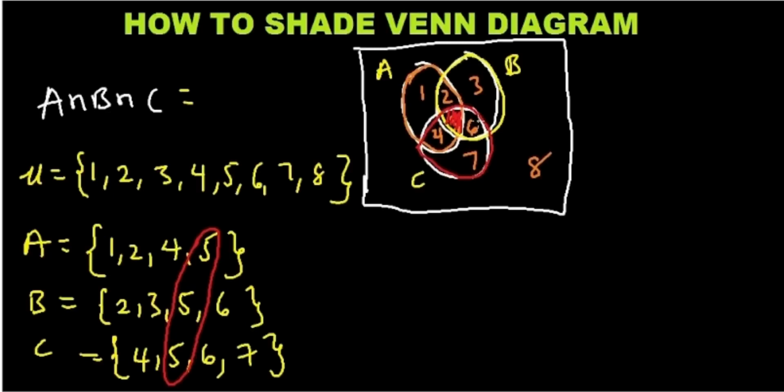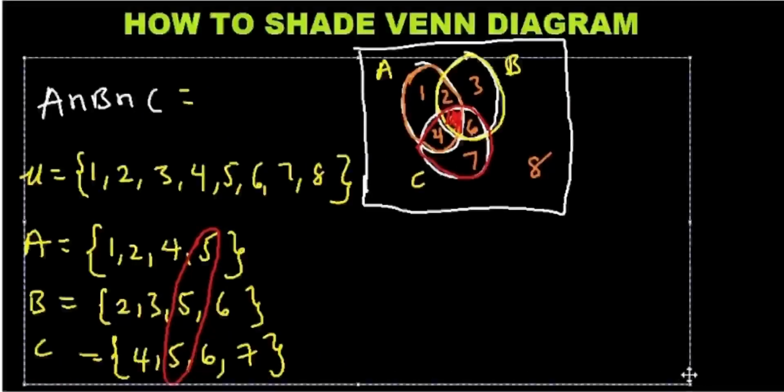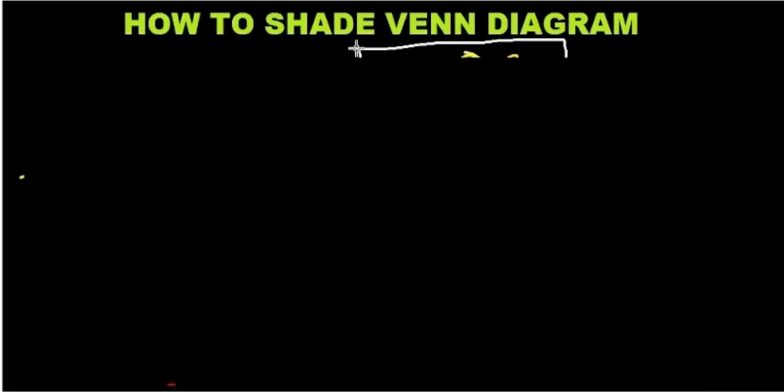And we already know that one from our normal calculations. Okay, that's very, very nice. So let's do some more examples on the 3 sets. Suppose you are asked to shade